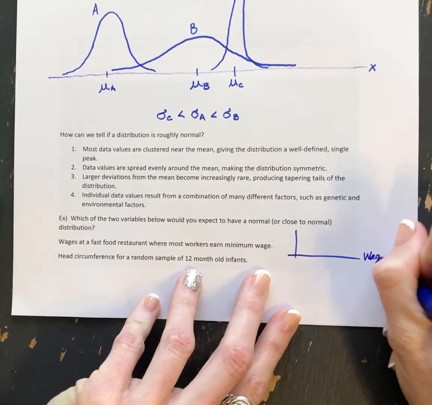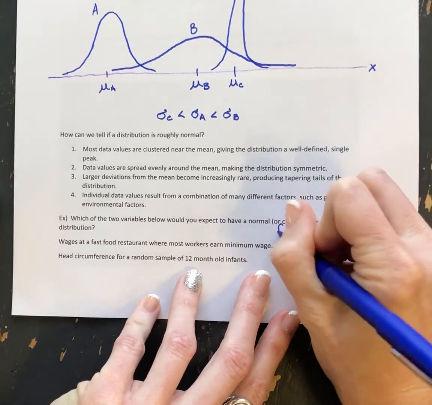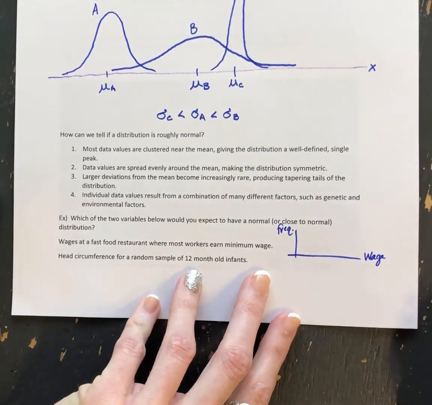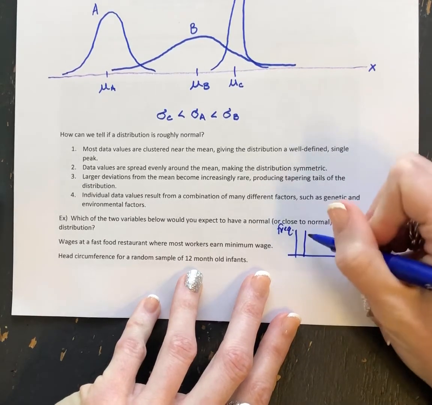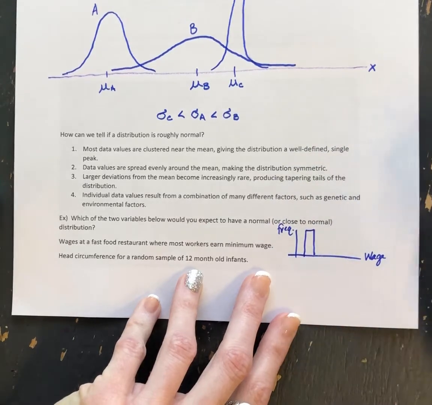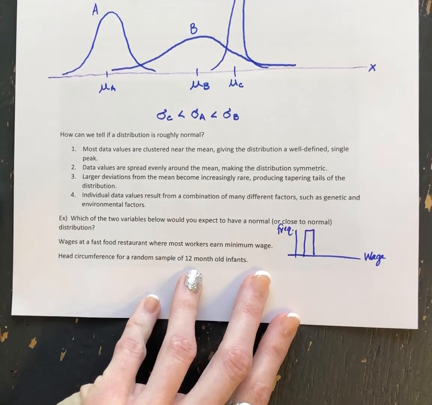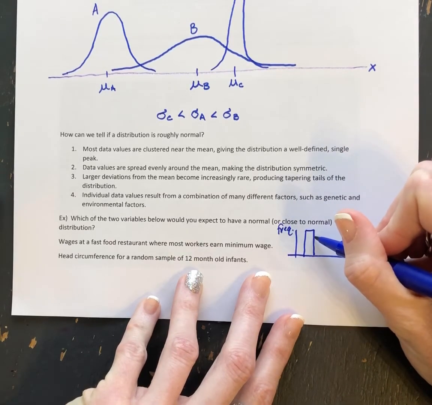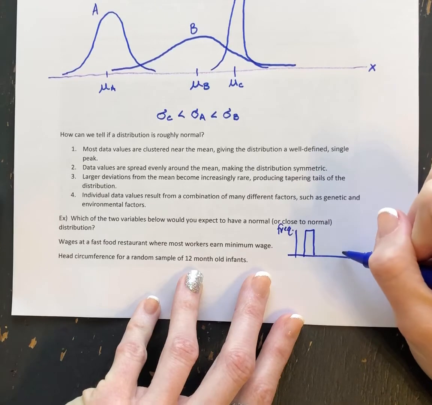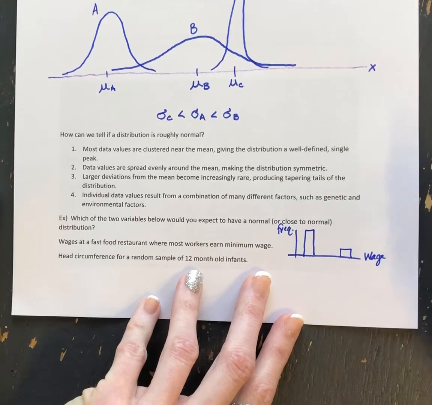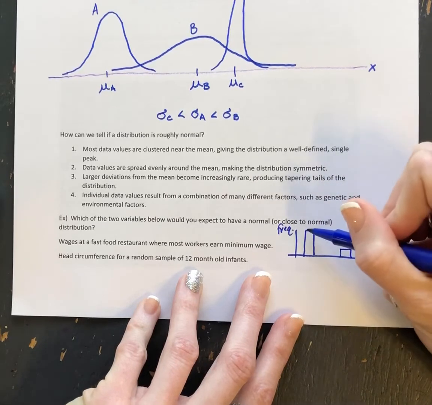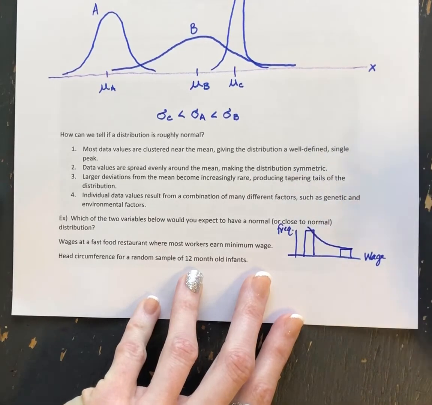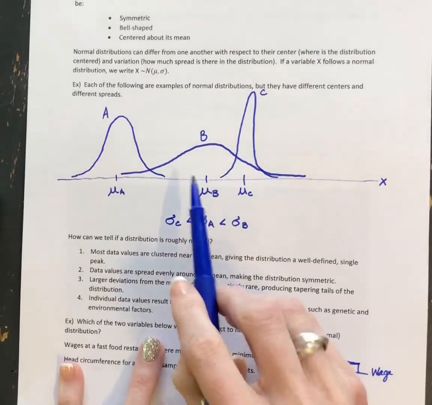Where this is our wage and this is our frequency. It just told us that most of the workers earn minimum wage, so we're going to have a high frequency down here at a low wage. Most of the workers earn that wage, and then we might have maybe a manager or a supervisor that is going to earn a little bit more, but not much in between. You'll notice that when we try and fit a curve here, that is not a nice normal bell-shaped